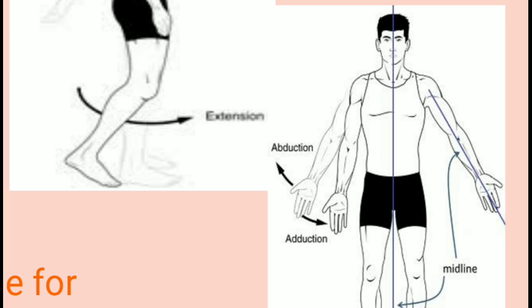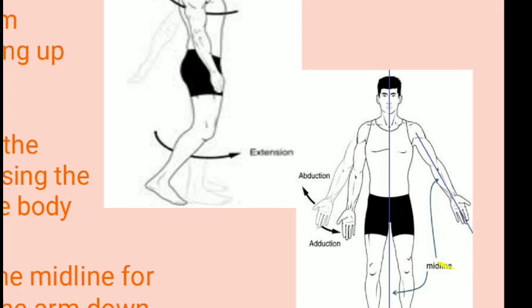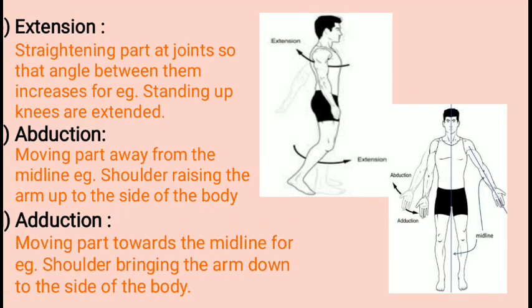Clear? So here the word adduction means something adding towards the body again. When we add something towards the body or some part of the body, that becomes an adduction on the sideways. But this movement is on the sideways, whereas flexion and extension is forward and backward movement, and here it is a side movement, that is a lateral movement. So you can understand with the help of the picture.